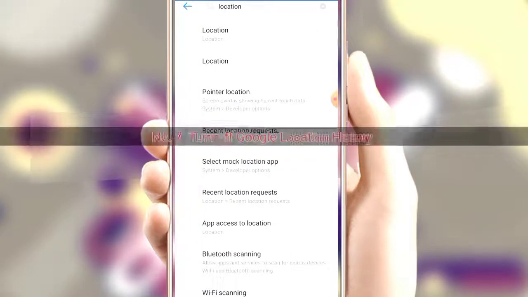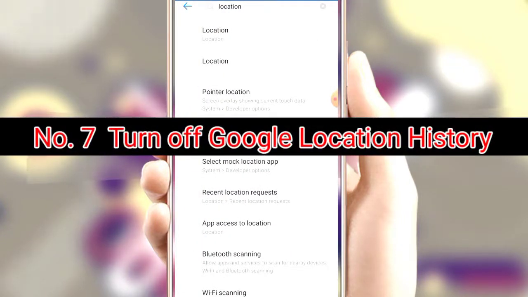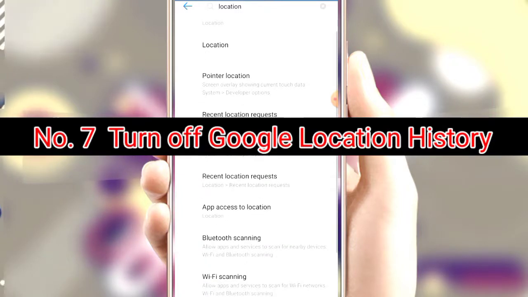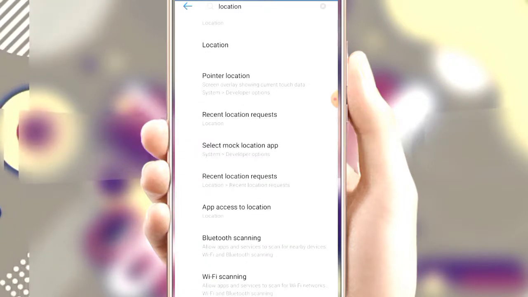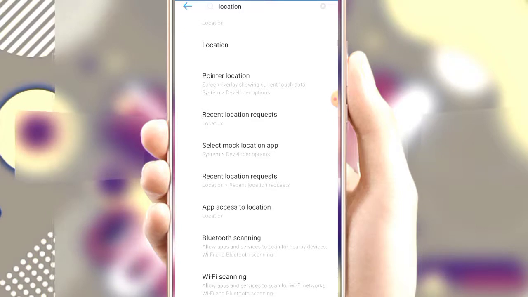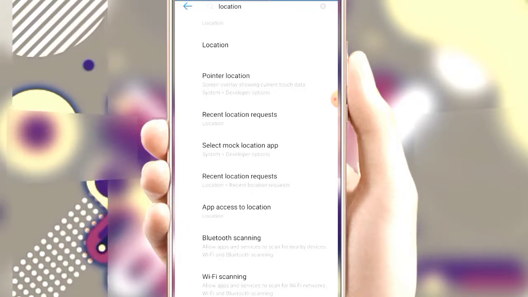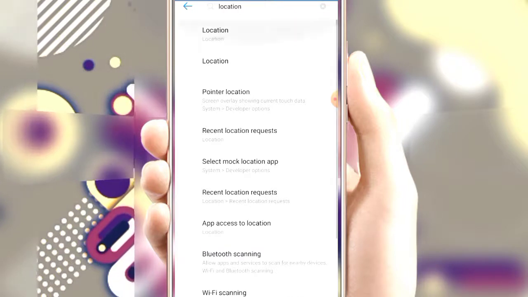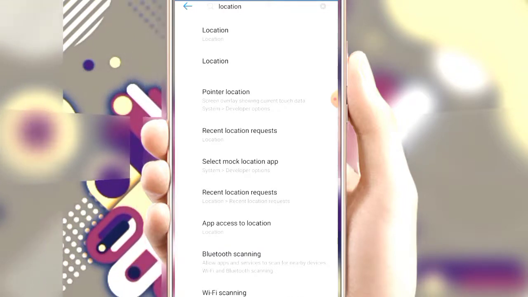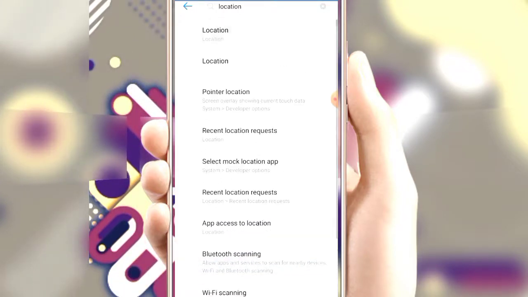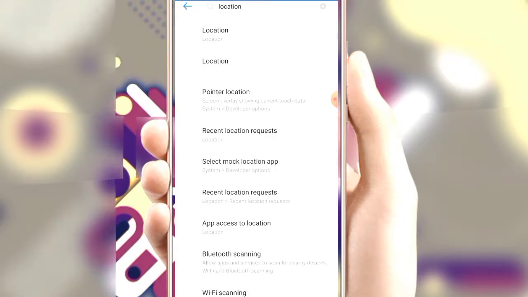Number 7, you turn off Google location history. This also saves a long list of places you have been to and occupies space on your phone. There are so many locations that you have visited using Google Maps, and this particular section of the app saves that location for you. So